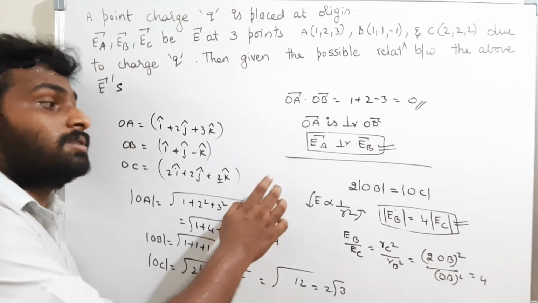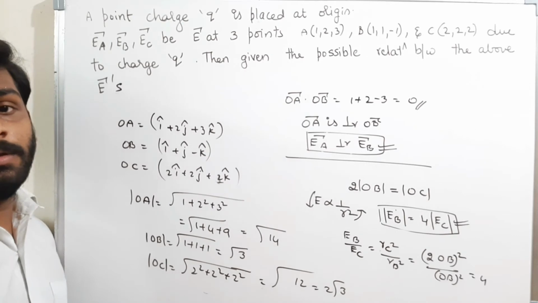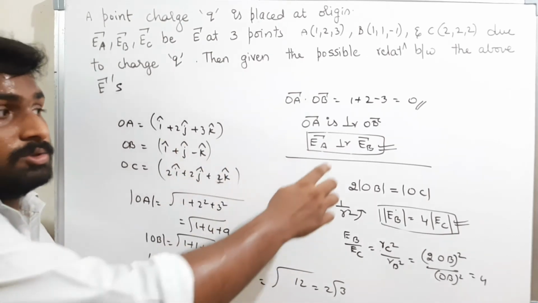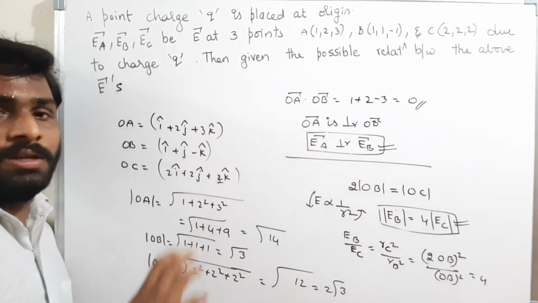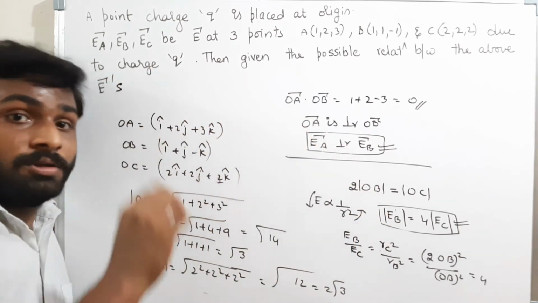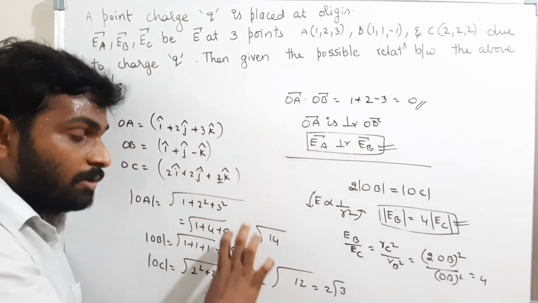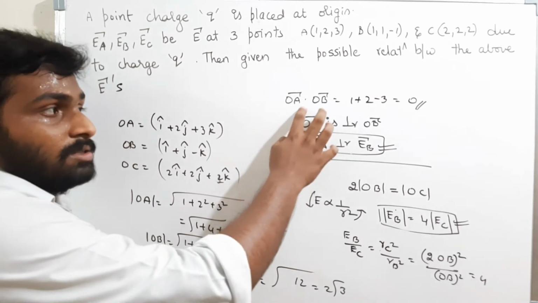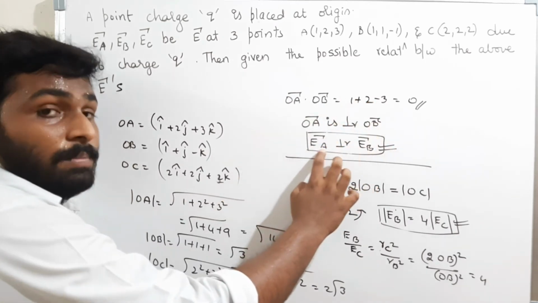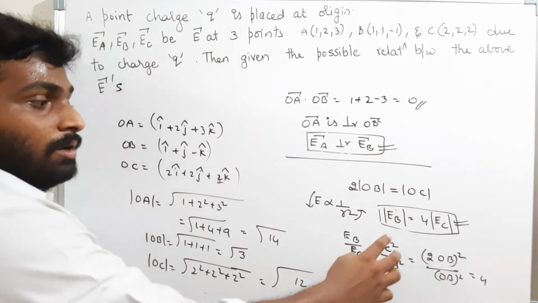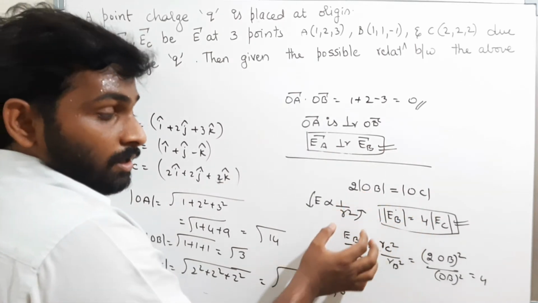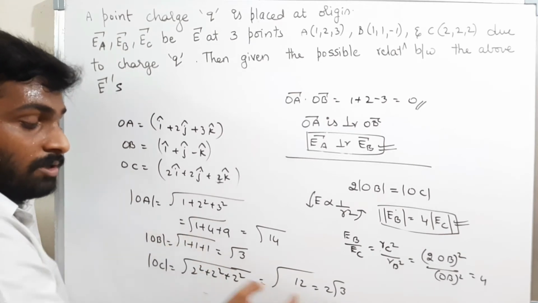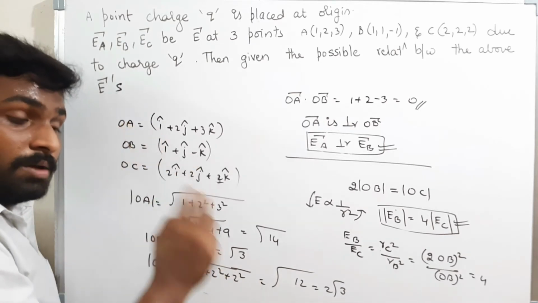This is one of the previous IIT questions. They gave this as a more than one option question. These two are right. The question is very easy, but a little bit logical. You have to see what the relations between them are. Finding the relations is the main thing here. Now I got the relations. These two are perpendicular, therefore EA bar is perpendicular to EB bar. Now here I got the distance: OB is half of OC. If OB is half of OC, then the electric field at B is 4 times the electric field at C.